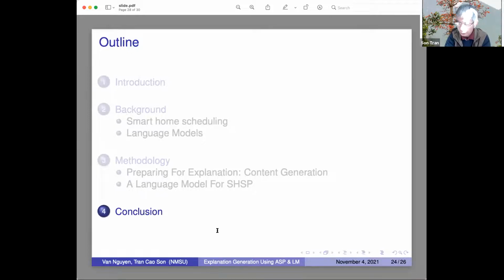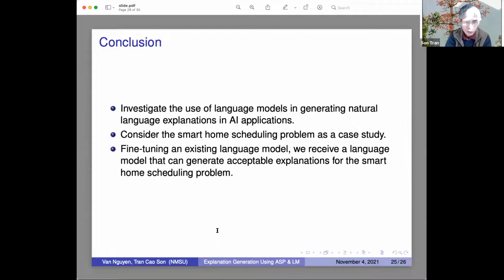So the conclusion that I have here is that we show that using a language model to generate natural language explanation in a specific AI application is feasible. The sentences that we were able to generate are more than just a template that you could put in. It is nicer, but what we observe is that there are still things that could be improved, and we're looking forward to that as the next thing